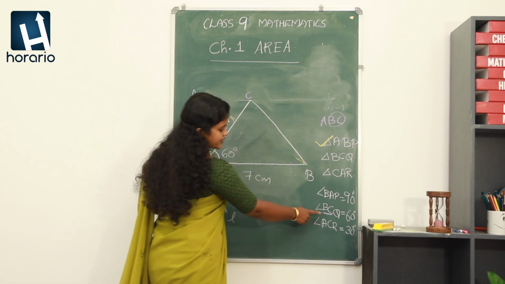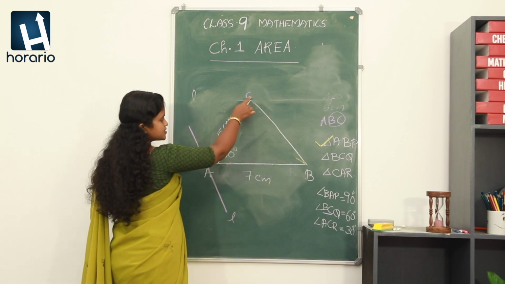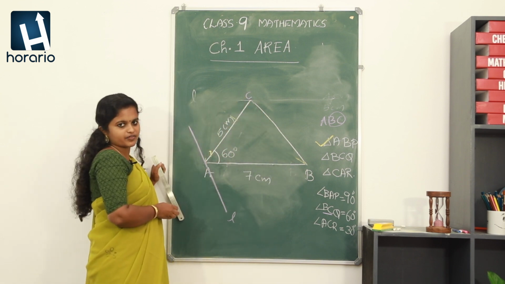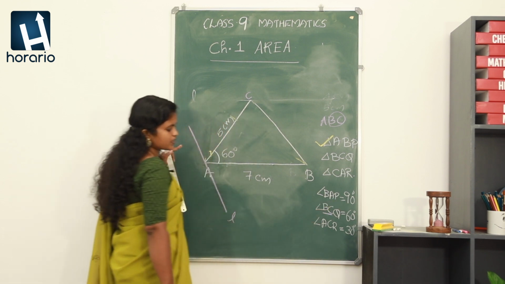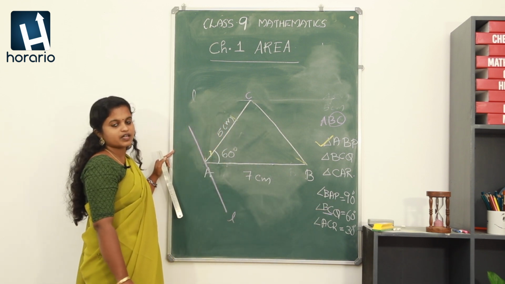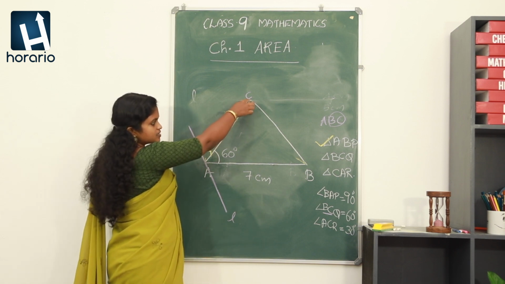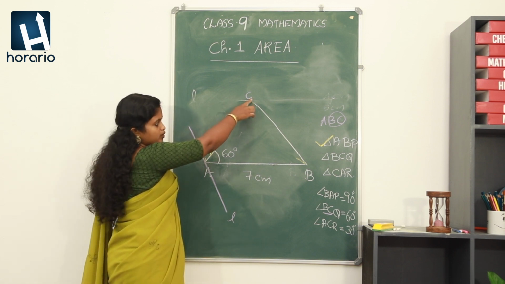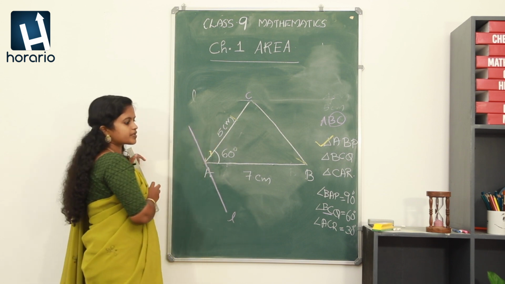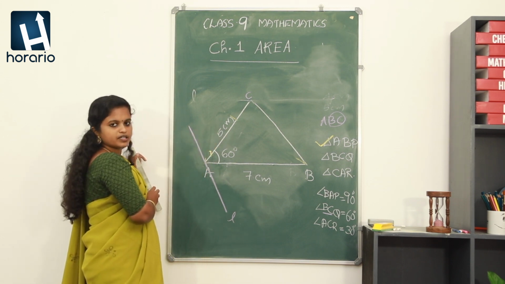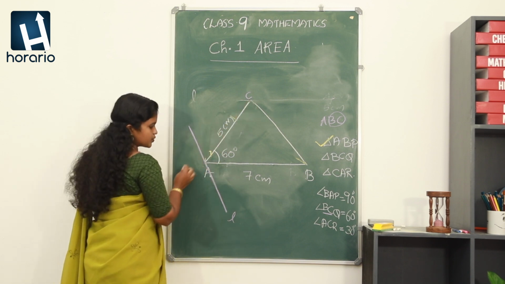Okay. Now, it is said that angle BCQ, where is angle BCQ? BC, CQ. Q is the point that we have to find out. And it should be in such a way that angle BCQ should be equal to 60 degree. So what we have to do? Take your protractor and take a measurement starting from the vertex C, and you have to measure a 60 degree. Okay, measure 60 degree in your protractor and you have to find out the point Q. Okay, so let me take this point as Q.